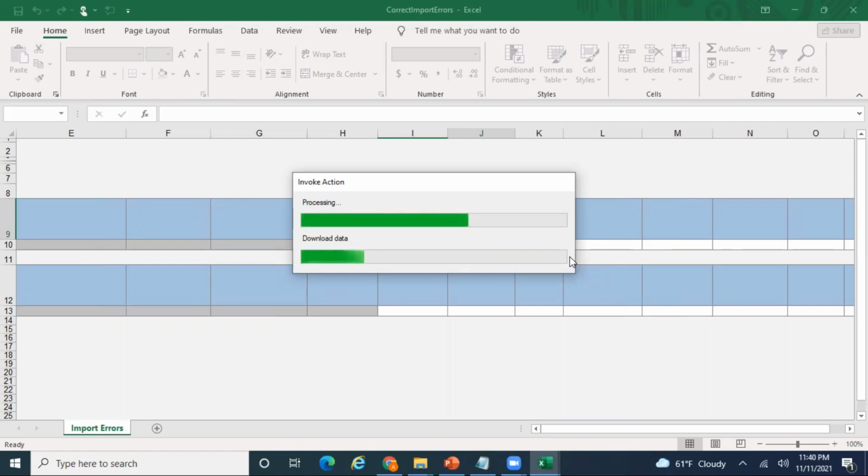Looks like there is a huge amount of data in the interface table, and that's the reason it's taking a bit of extra time to download the data.